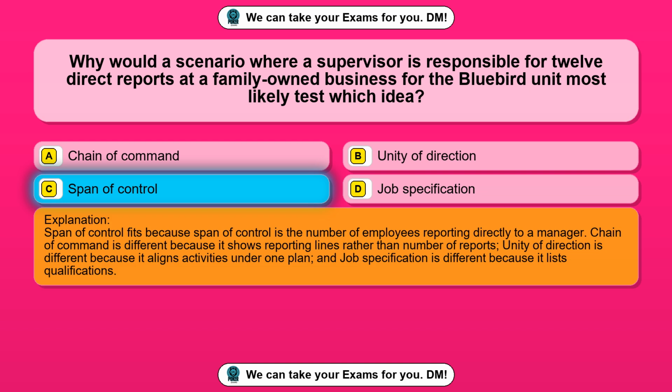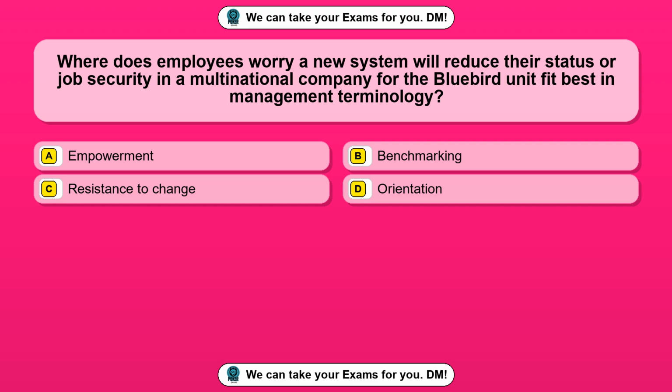Span of control fits because span of control is the number of employees reporting directly to a manager. Chain of command is different because it shows reporting lines rather than number of reports. Unity of direction is different because it aligns activities under one plan, and job specification is different because it lists qualifications. Question 79. Where does employees worry a new system will reduce their status or job security in a multinational